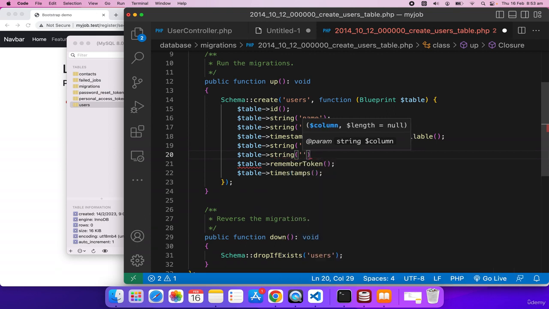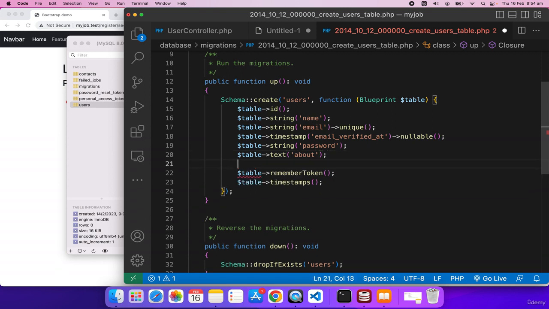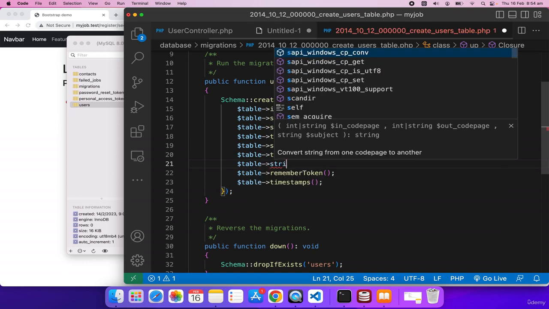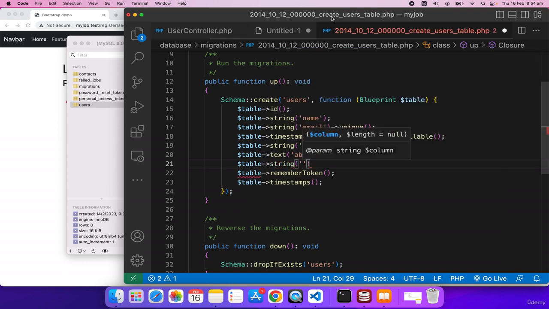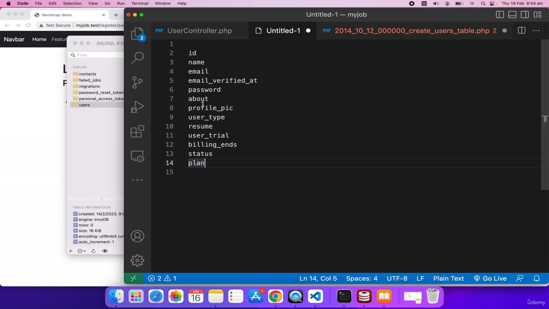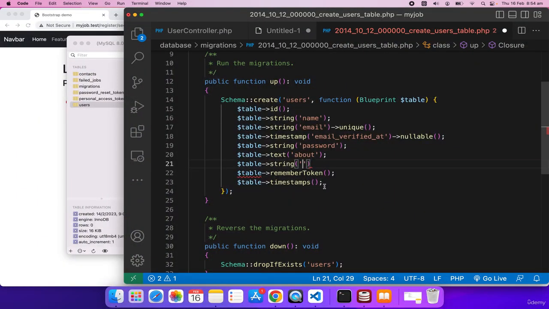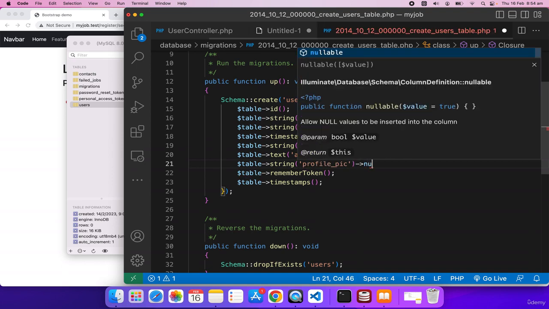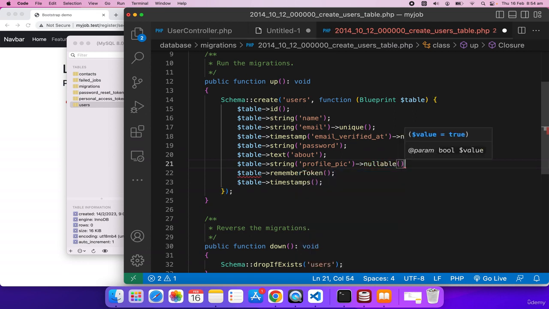Let's make about a bio, so let's make this a text so that we can insert more text. I'll make this as text, and similarly we can write a table and the rest will be string. Let's see what we have here. We'll write a profile pic, so we'll have a profile pic for both the employer and seeker, and by default we want to make this nullable. So when you make nullable